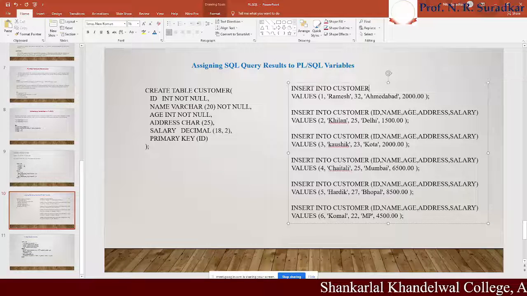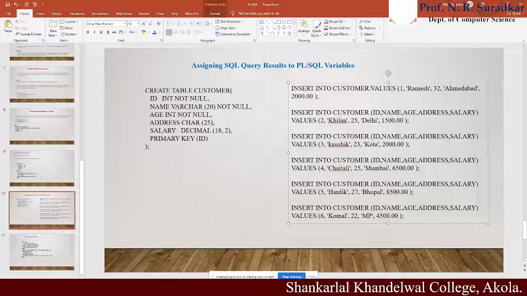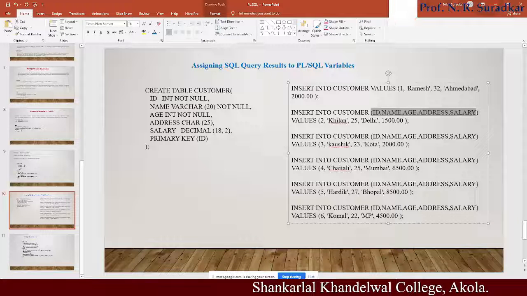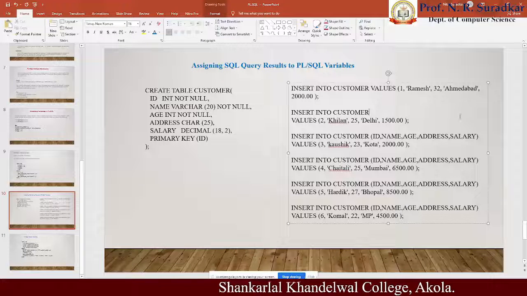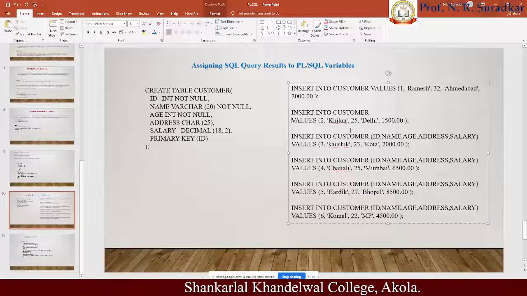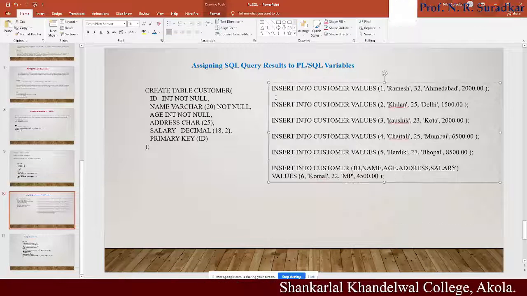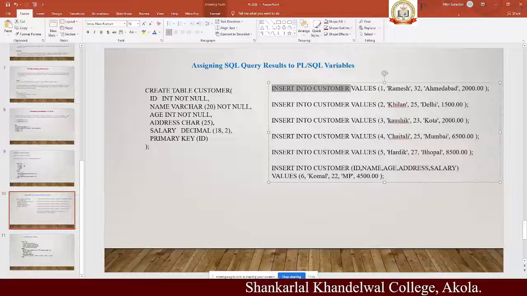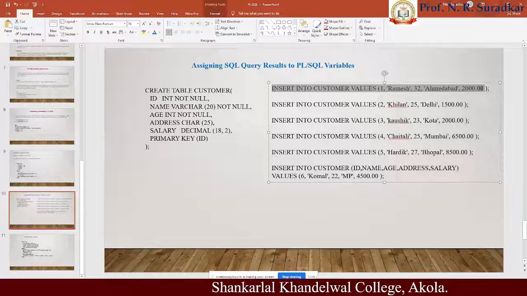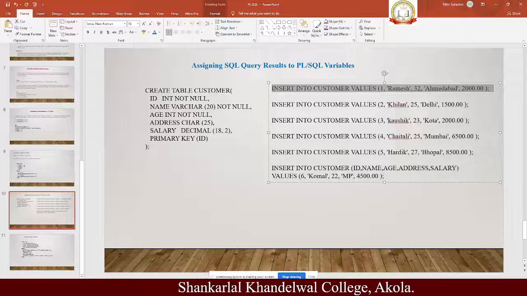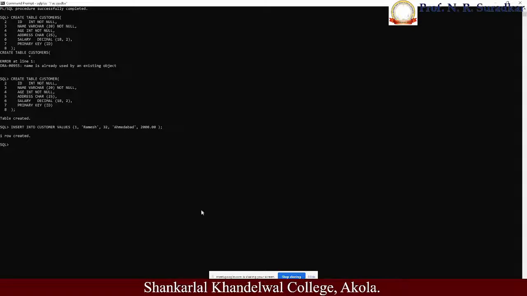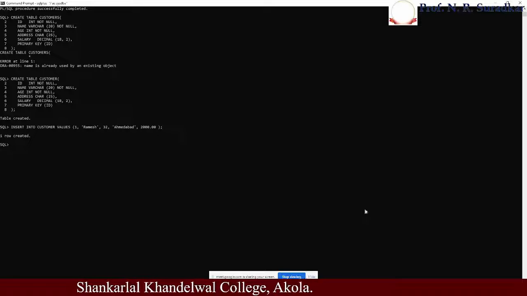Directly use insert into customer and values. Suppose I delete from here, there is no need to use this. Directly use them one by one: insert into customer values 1, Ramesh, 32, 2000. Control C, go here, paste. One row is created, which means this particular value is created and put into the customer table.